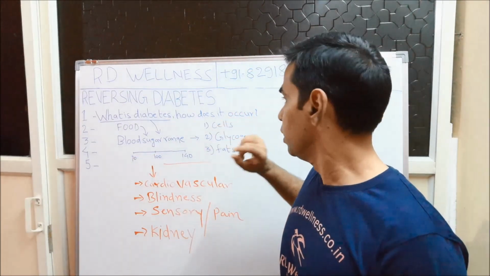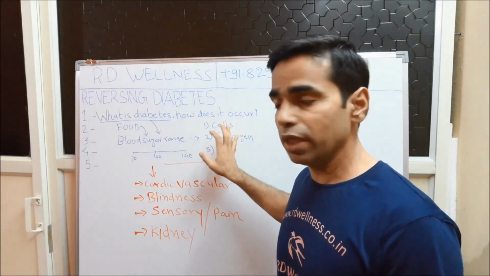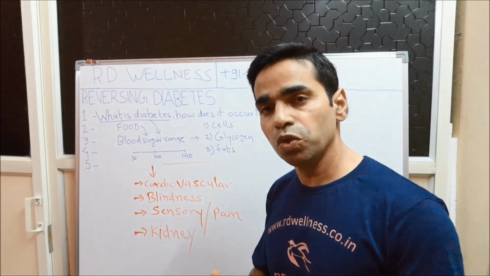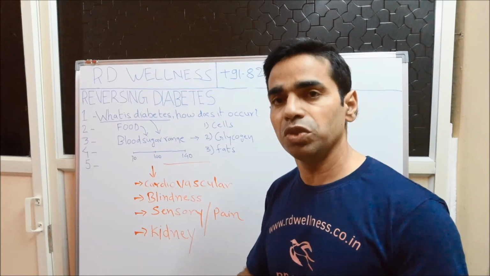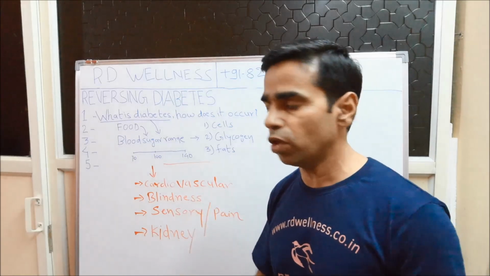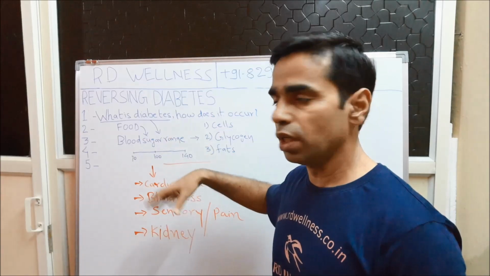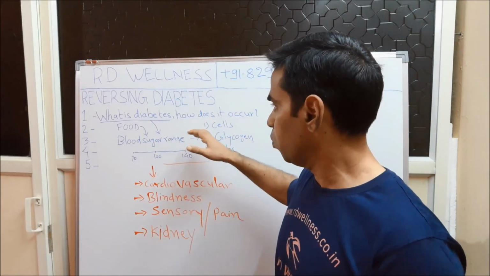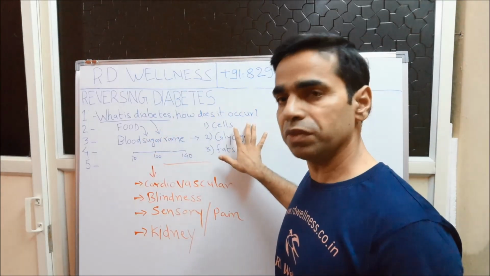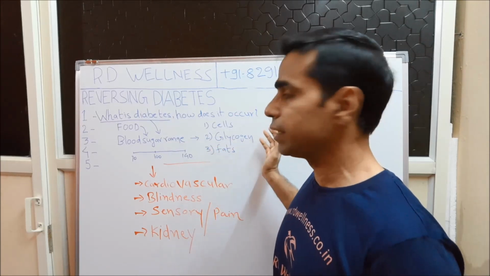Because it will try again to go back to the normal range, that is 70 to 100, 3 things are going to take place. The first part is that some of the glucose is diverted to your cells. Your cells are going to use part of the glucose, the sugar, to generate energy, and that energy is used in our day-to-day function, in the functioning of cells and our body. Now obviously the cells cannot use all the glucose, and therefore whatever amount of sugar remains after fulfilling the requirement of cells, a part of that sugar is going to be used to synthesize glycogen.